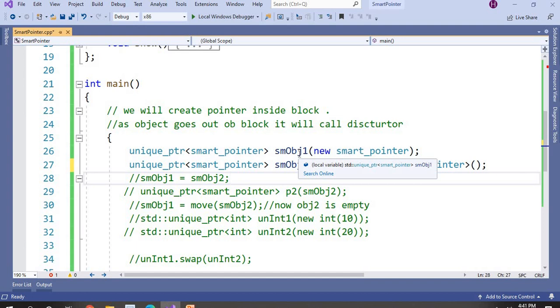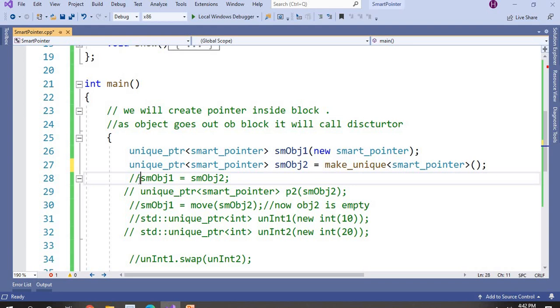So 2 smart pointer objects will be created and 2 will be destroyed, because for every object it will call the constructor and destructor. But with smart pointers, there is a problem. You cannot copy one smart pointer to another smart pointer.